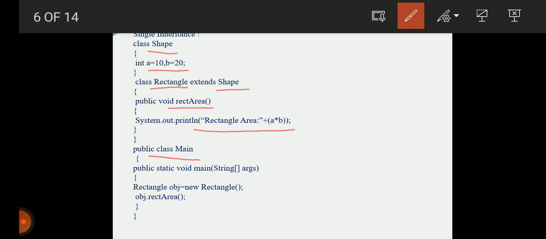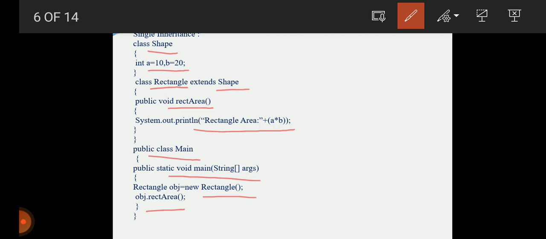Next, class main, with public static void main, where we create the object for the rectangle. Using the object we call the method rect area of. The data members available in the superclass are used in the subclass, so we will get the answer 10 into 20, that is 200.